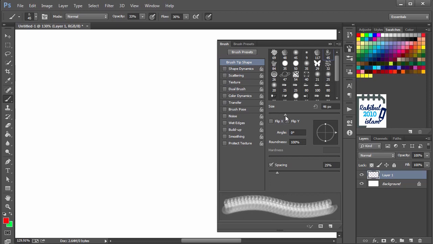You can change the size from here. You can change the spacing, and you can flip it horizontally or vertically. You can also change the angle and roundness from here as well.